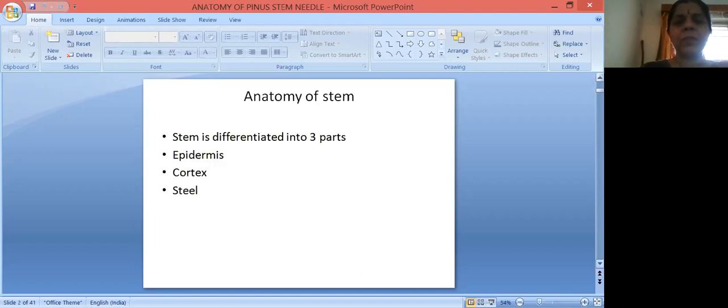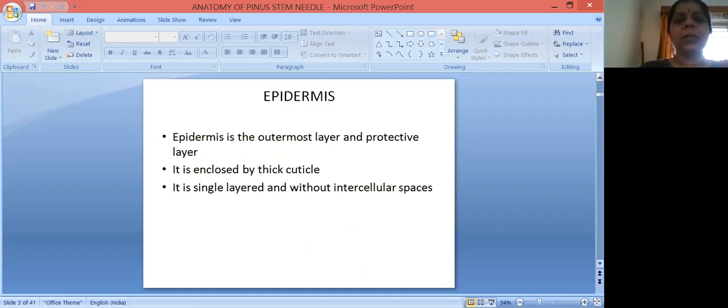anatomy of the stem, the primary stem is differentiated into three parts. It is very common among all stems. The stem is differentiated into epidermis, cortex, and stele. Epidermis: wherever we see, the epidermis is the outermost, protective layer, and it is enclosed by a thick cuticle. Epidermis means the first layer of any internal structure. It is the outermost layer and it gives protection to the inner organs, and always it should be in